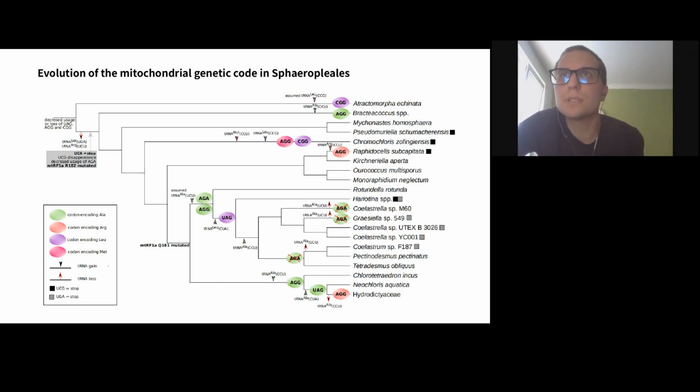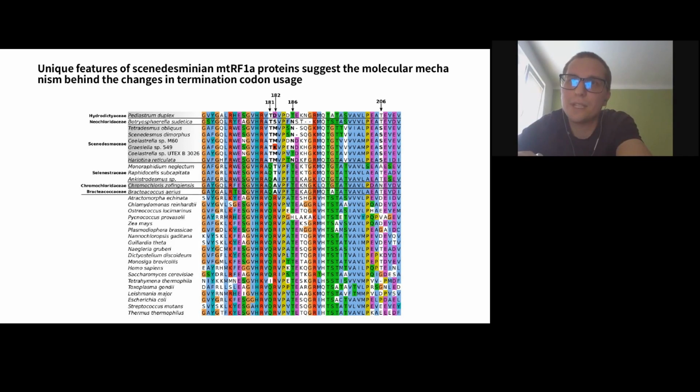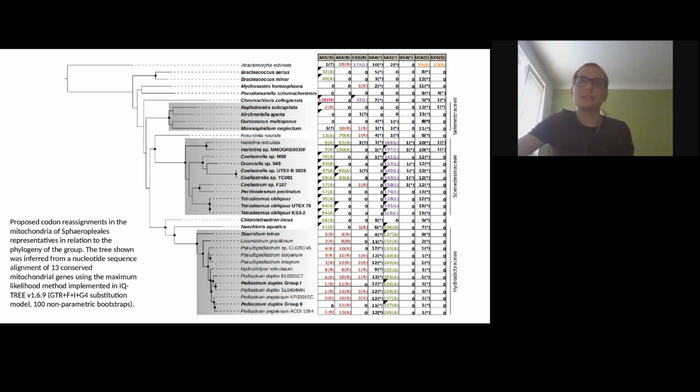What's interesting about evolution here is that this AGG to some other amino acid than arginine happened at least 3 times in the evolution of this group, and we assume that according to the phylogenetic tree of those tRNAs and the phylogeny of those organisms. So that's an interesting thing. But what's even more interesting for me is that